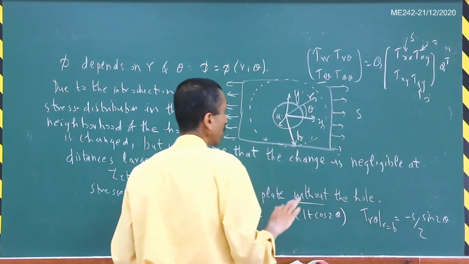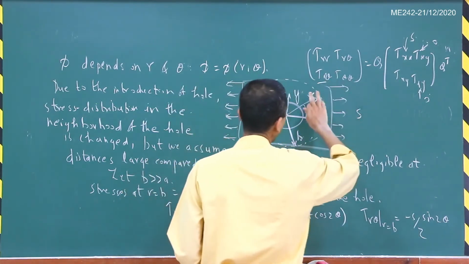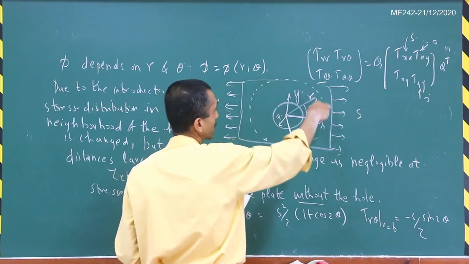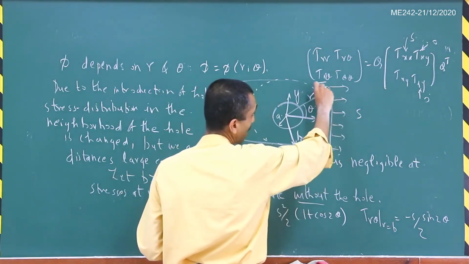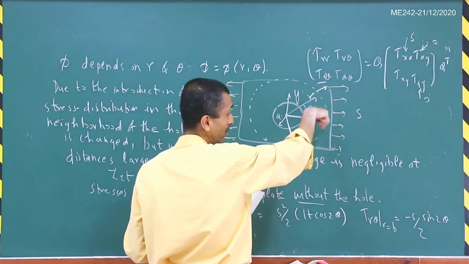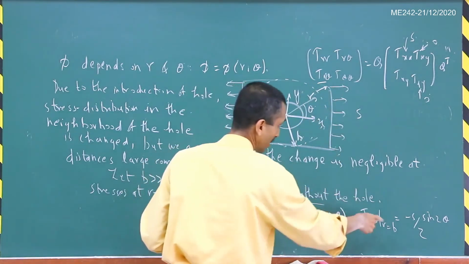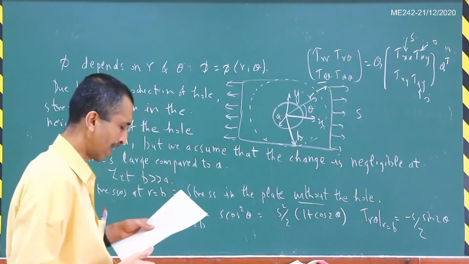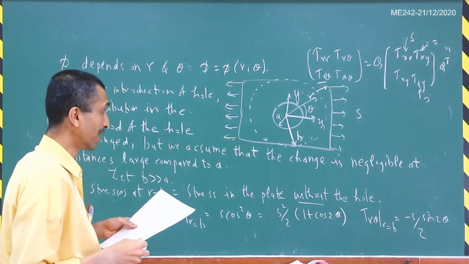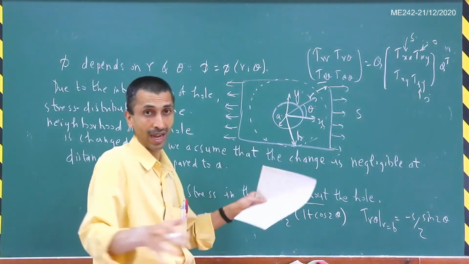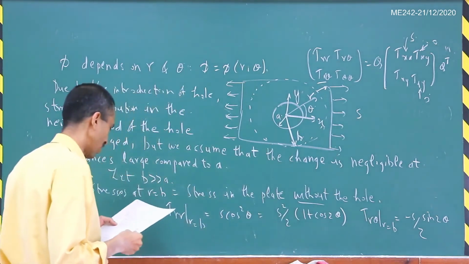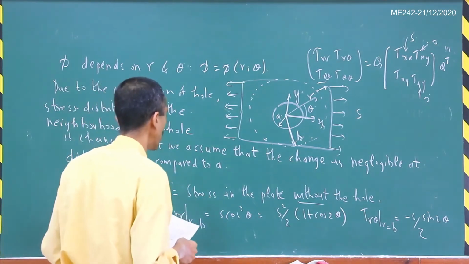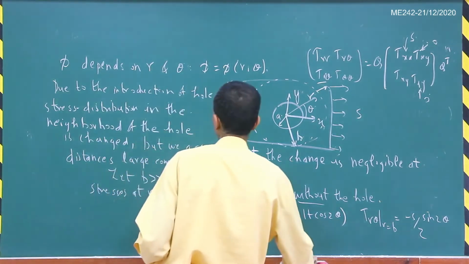And we are not worried about tau theta theta because at R equal to B, the traction will just involve tau RR and tau R theta. It doesn't involve tau theta theta. So that is the reason I am not calculating it, because I am going to apply the boundary condition at R equal to B, where B is very large compared to A. Alright, so now let us resolve this into two components.